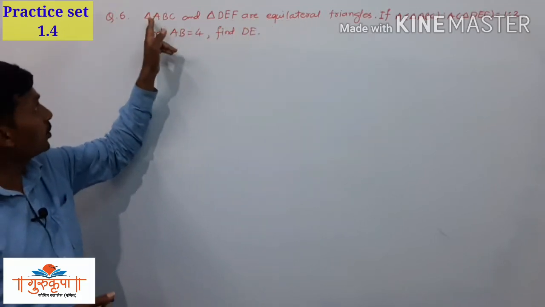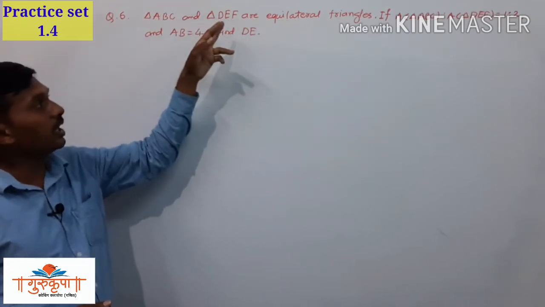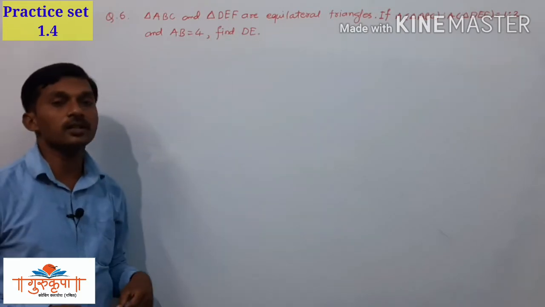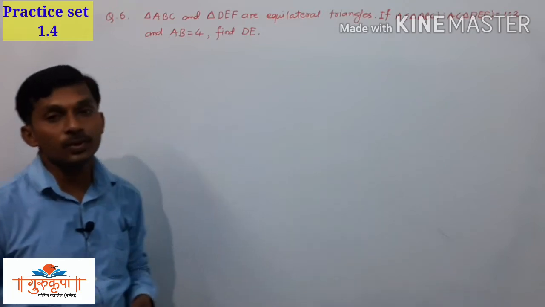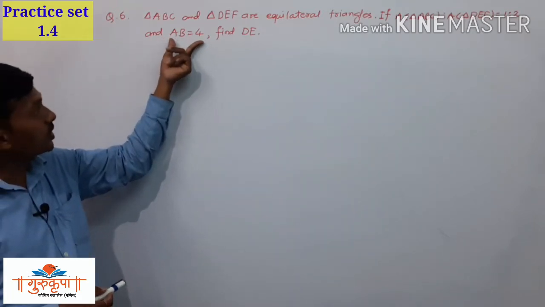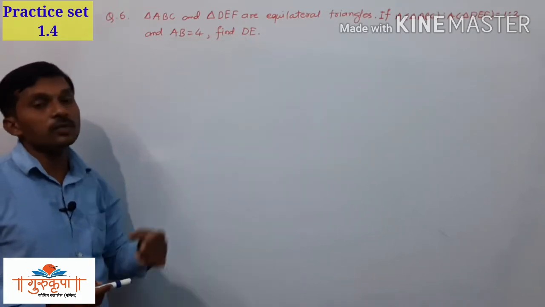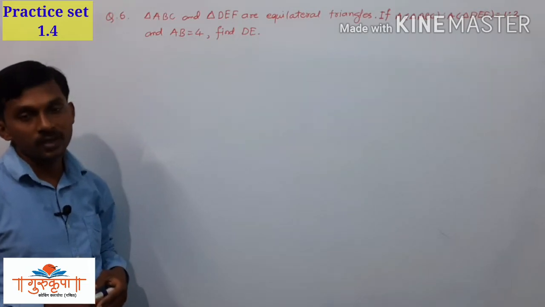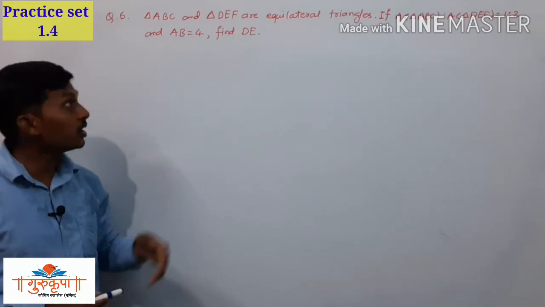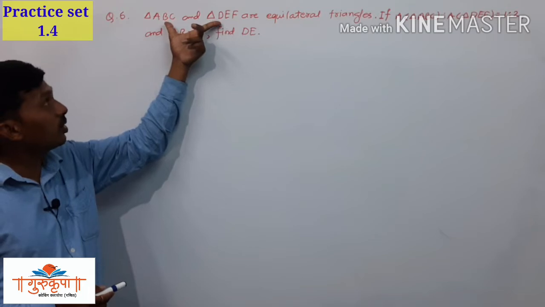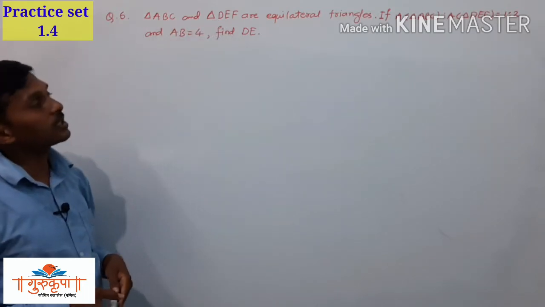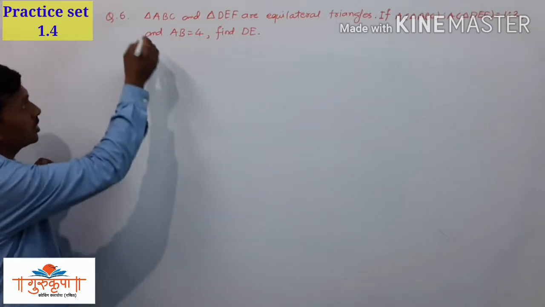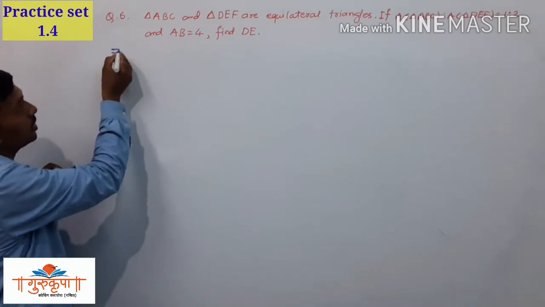It is given that both these triangles ABC and DEF are equilateral triangles. The ratio of their areas is given as 1:2. We have been given the length of side AB and we have to find the length of the corresponding side DE. It is very important that the triangles are not given as similar, but we can definitely say that the triangles are similar to each other, since the given information. First we will write the given information.